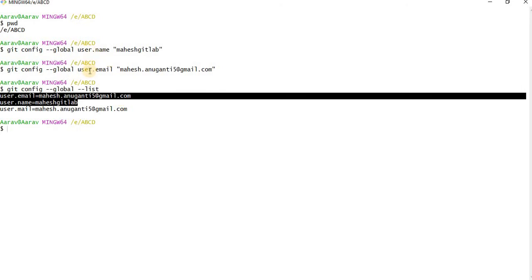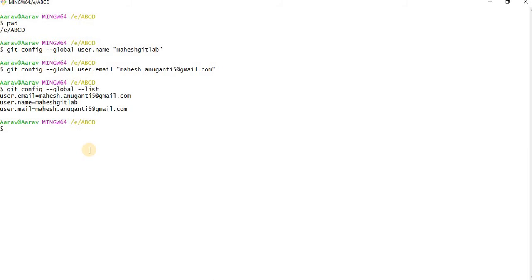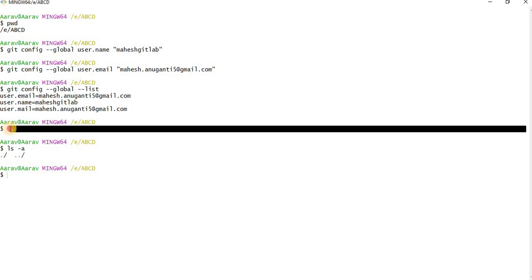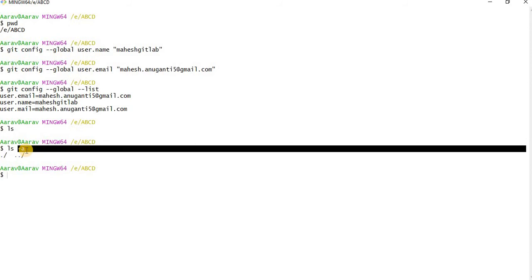Okay guys, so this is the basic setup. Now this is your working area. Let's see what files exist here. Just give ls first of all. Nothing is there. Give ls -a. ls is nothing but to list the files, and ls -a lists all the files, including hidden files. Whatever file starts with a dot is called a hidden file. So that command shows all the files including the hidden files.